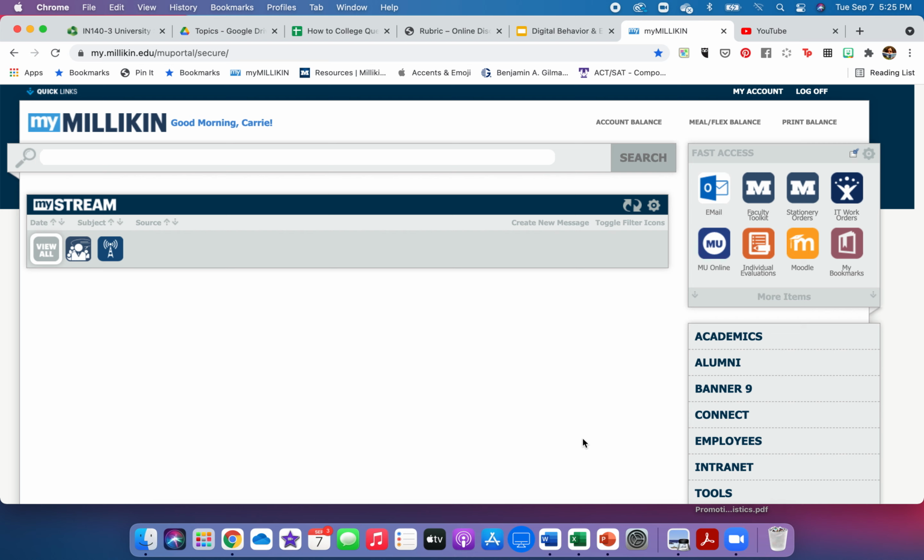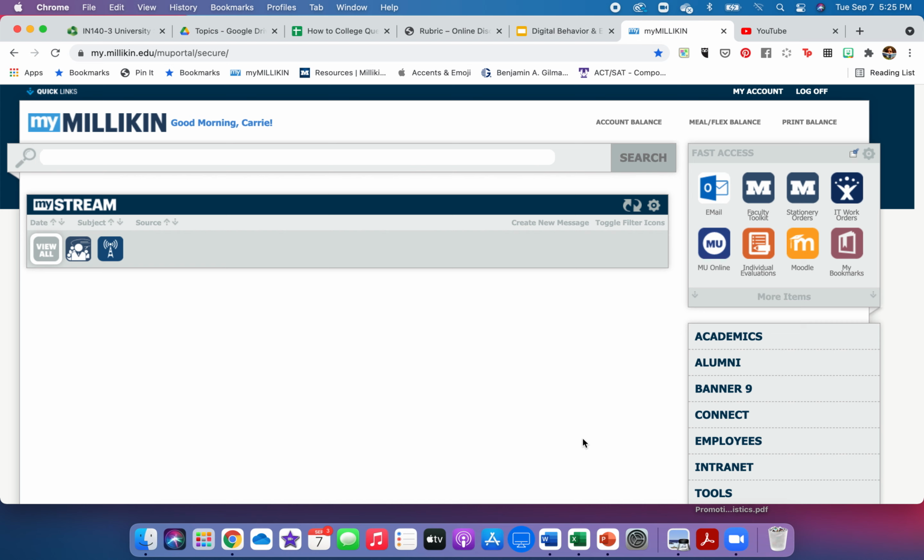Talk about how to get your Moodle calendar into your Outlook calendar. I think this is an important step for most of us to keep track of what is due when, because we keep our phones so close. So it makes it easy to use that calendar on your phone as a way to keep track of what's